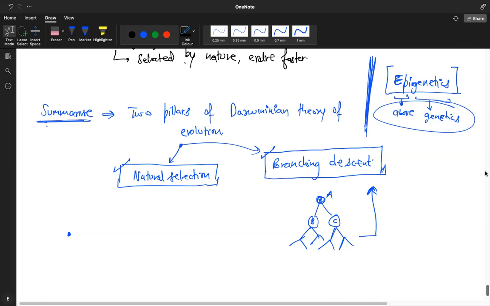And we know that skin color and height are also affected by physical or environmental factors. So Lamarck observed all of this, and he was intelligent enough to observe these things and say that giraffes also got long necks because they started attempting to stretch their necks to eat the fine, delicious, and soft leaves at the top of the tree. So what happened according to him was that the leaves on the lower side were eaten more and got finished.